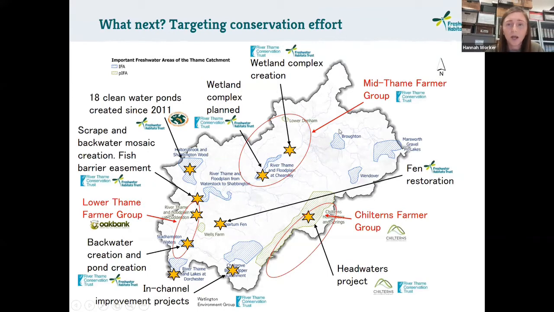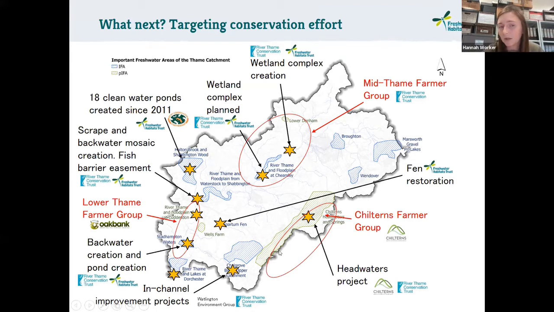I'll go into a few cases in particular. So for the Chilterns potential IFA, the Chilterns Hills, if you don't know it, is a big chalk area, and on this side you've got chalk streams like the Chess and the Misbourne coming down, but just along this edge, you've got all this escarpment where there's potentially lots of really interesting chalk headwaters coming off down into